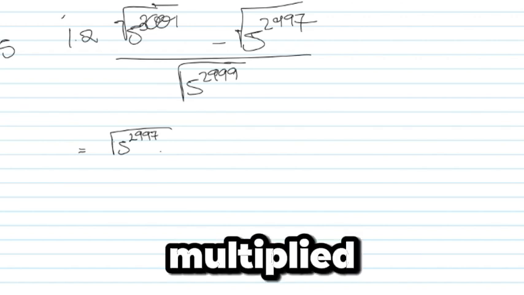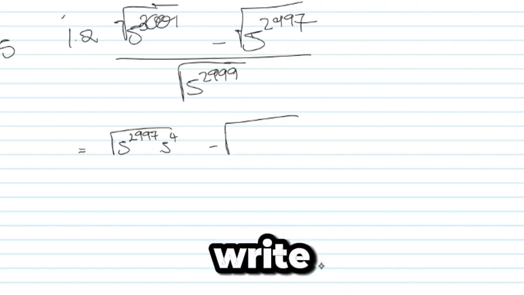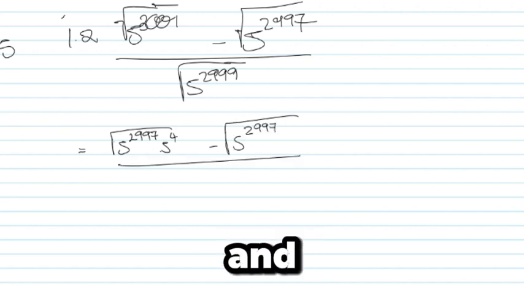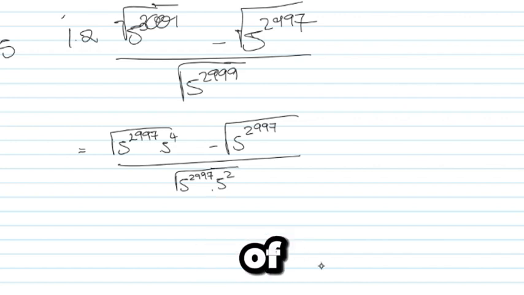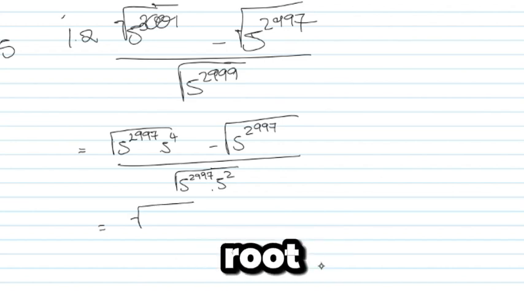2997 multiplied with 5 to the power of 4. And then I'm going to write this. I'm going to keep this like this. So that's 42997. And then I'm going to rewrite the bottom one as square root of 5 to the power of 2997 times with 5 to the power of 2. Do you see a common factor there? Let's take out the common factor. So the common factor is the square root of 5 to the power of